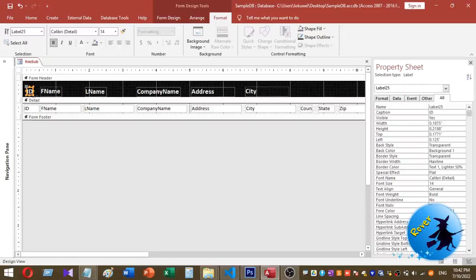My first label heading is ID, so I select the ID label, then I want to change the label name. You can keep it as it is, but it is easier if you change the label name. So here I am going to change the label name as LBL ID,